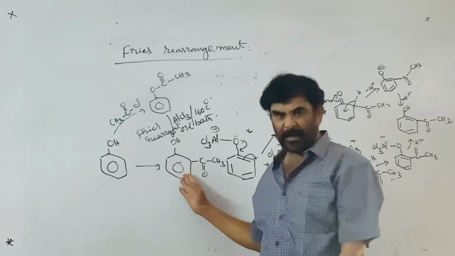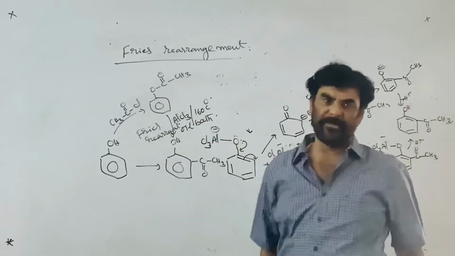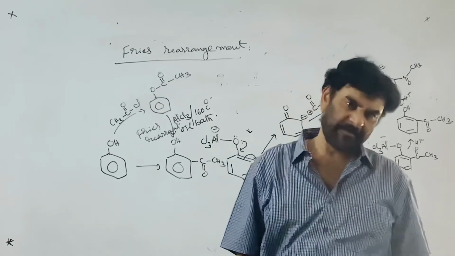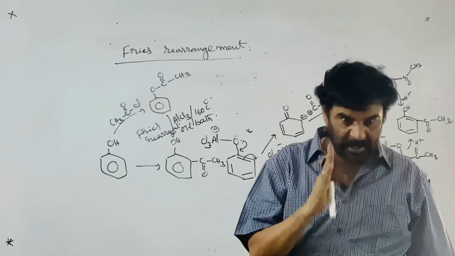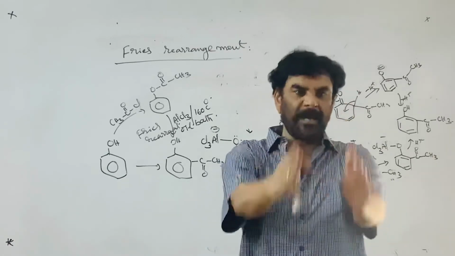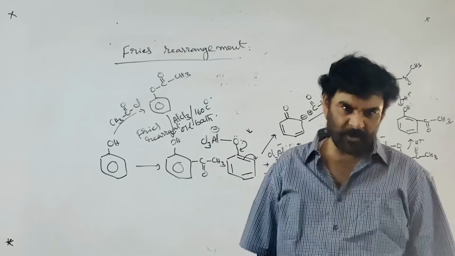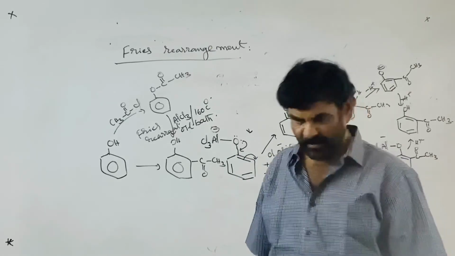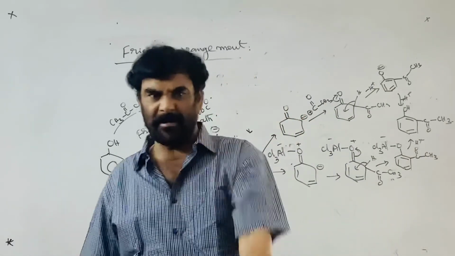So Fries rearrangement is used. See, this is the desired reaction. You have to pass through this route. We have to carry out the reaction through the Fries rearrangement. So to introduce the acetyl group into the aromatic ring of the phenol, directly by using the Friedel-Crafts acylation, acyl group cannot be introduced. Only you have to carry out by using the Fries rearrangement. Right? First acylation followed by heating with aluminum chloride. The second step is called the Fries rearrangement.